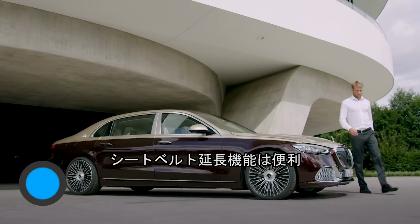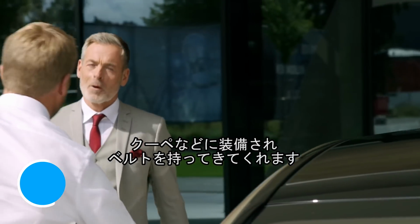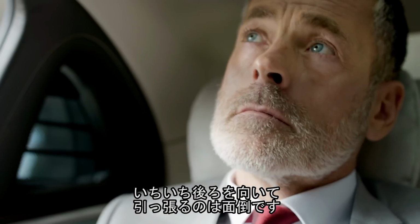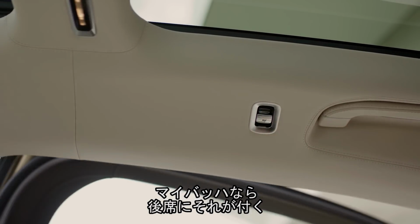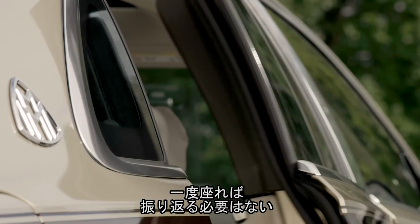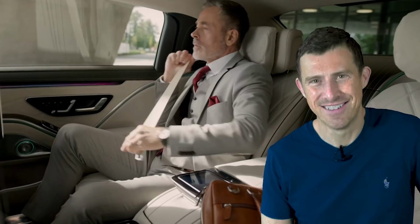Crazy. Seatbelt extenders are pretty handy things, you know. You get them in loads of coupes and convertibles to help you reach the seatbelt without having to struggle and reach around too much, twisting your back, putting it out, and all that kind of stuff. Well, now you can get these in the back of the new Maybach S-Class. So you never need to move out of your seat once you're sat down. And they don't just pop out when you get in. No. It's much more